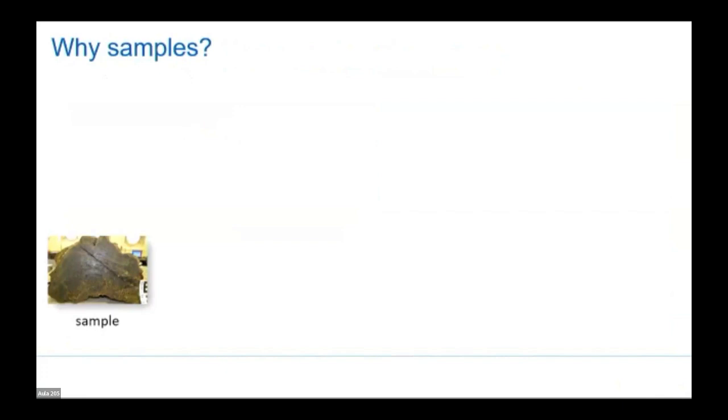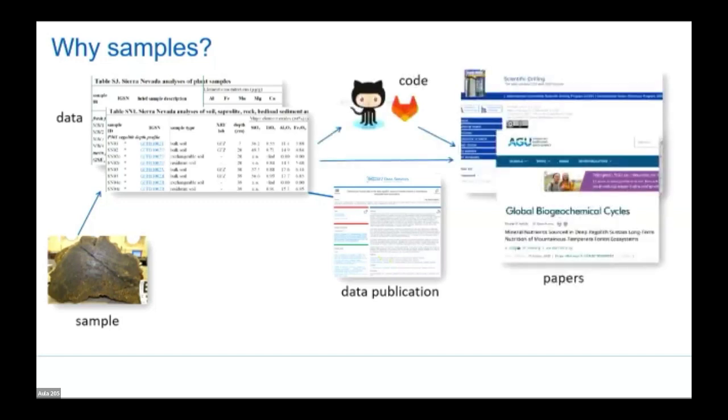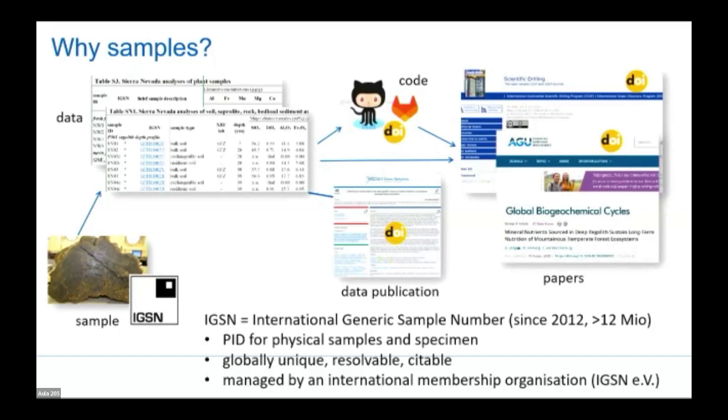Just to illustrate what happens. The classical workflow is that a geologist, for example, is collecting a sample. Then there's data being measured. Of course, the data is published in a data publication today. And then you further analyze it either with or without code. But then you have papers, which are your main scientific output, I would say. All these parts are, of course, assigned DOIs and can be digitally connected through the metadata. And for samples, the IGSN, the International Generic Sample Number, represents such a digital object, a persistent identifier that can be part of this and should be part of this digital curation workflow.